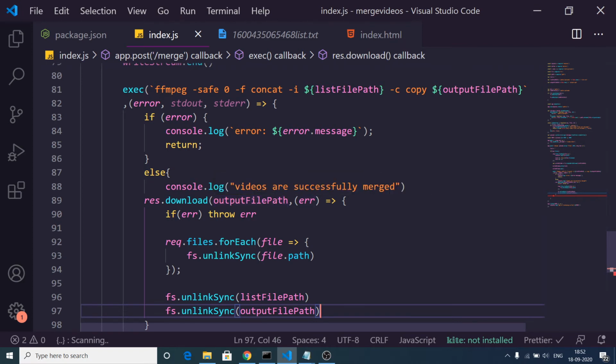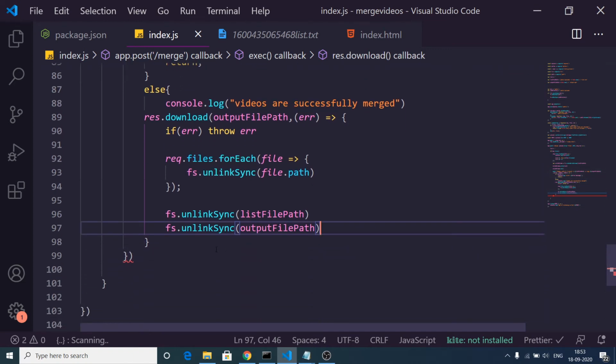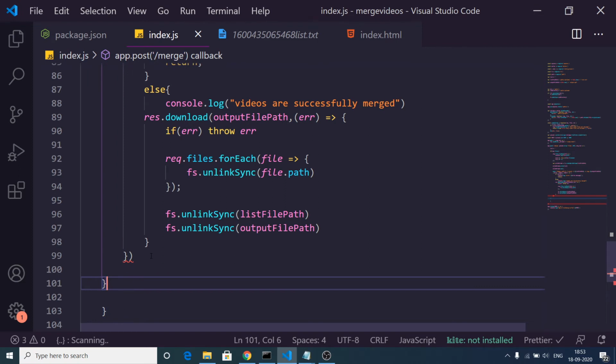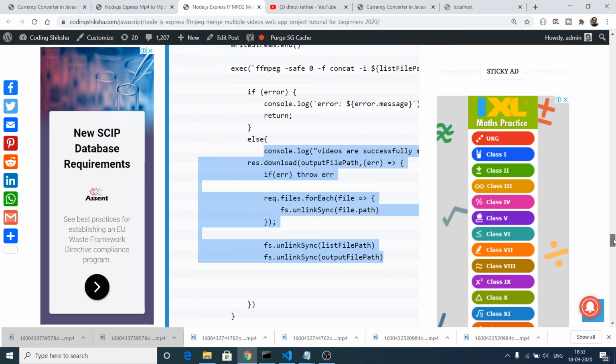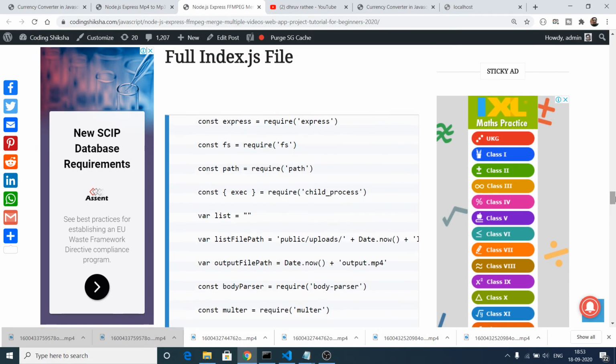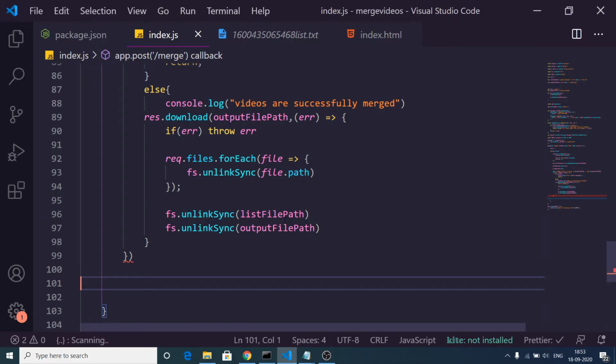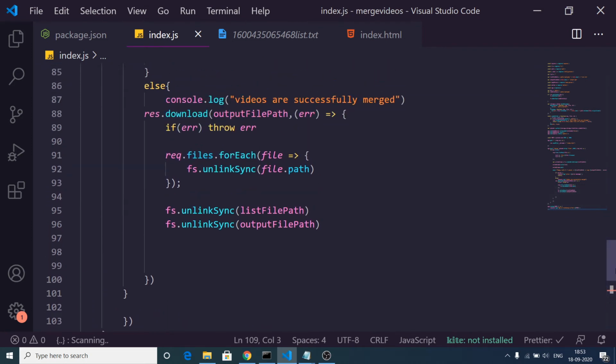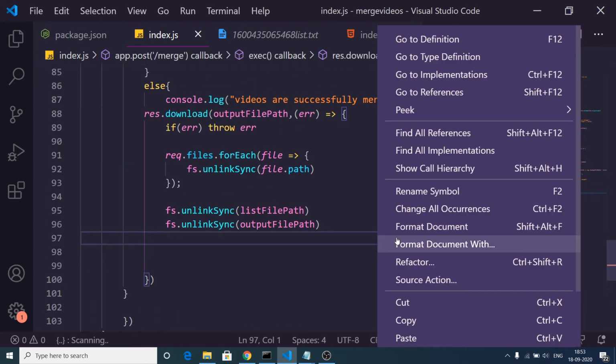If any sort of error takes place, we can throw it. Else we also want to delete our files. So once we are done with it, I think there is some error. I think some braces. Let me just copy it and simply paste it. So there was just a problem with some brackets.